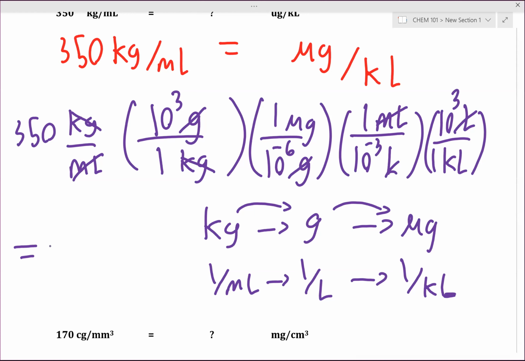Okay, what are we dividing by now? 10 to the negative 6. Okay, so to accomplish that, we're going to hit the division button, and we're going to hit 1 EE negative 6. And then you're going to hit the equal sign. If you did everything correctly, you should get the following number. Everyone good?